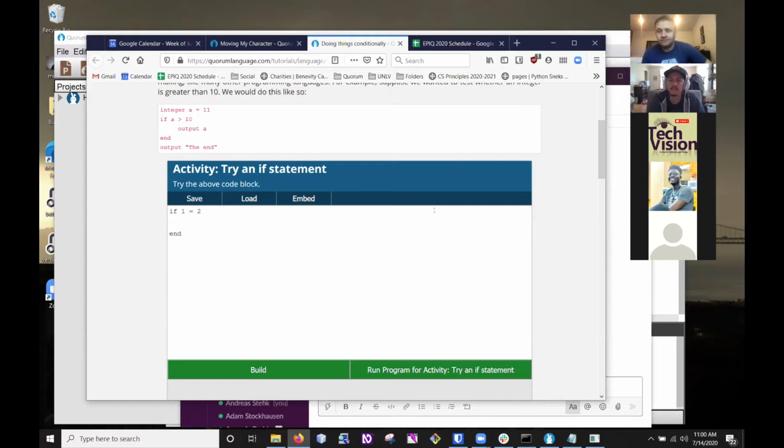So I'm going to run it. Oh, go ahead. Nothing. That is exactly the right answer. This program will do nothing. And the reason it does nothing is because the computer will make a decision and then it will do nothing with that. So what I'm going to do instead is inside of my if statement,